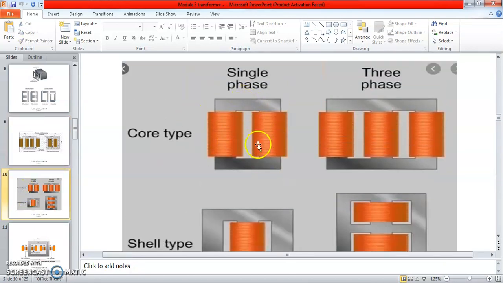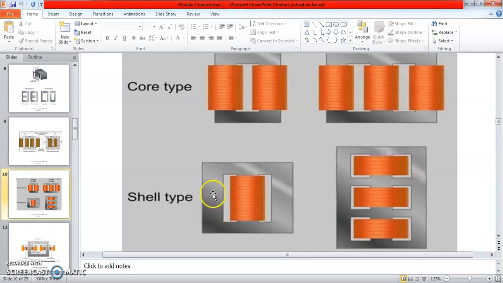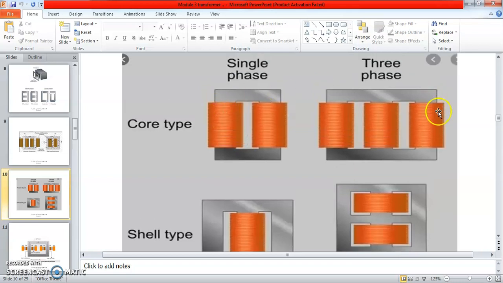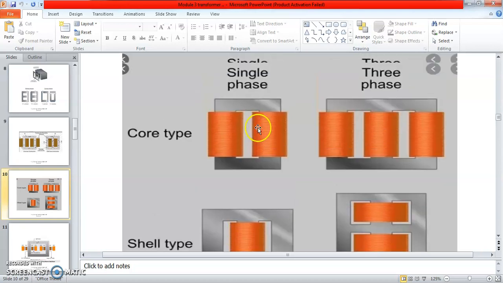This is a single phase core type transformer having 2 limbs, whereas a 3 phase core type transformer has 3 limbs. And if you see shell type, single phase has 3 limbs, whereas for 3 phase how many? 1, 2, 3, 4, 4 limbs. And in this, whatever coils are wound like sandwich, as I told previously. Okay, shell type like sandwich. So that's why it is difficult. Whenever a fault happens, it is difficult to cope with this. Okay, so for your syllabus, core type single phase, 3 phase as well as single phase shell type is there. Okay, actually this is the front view.